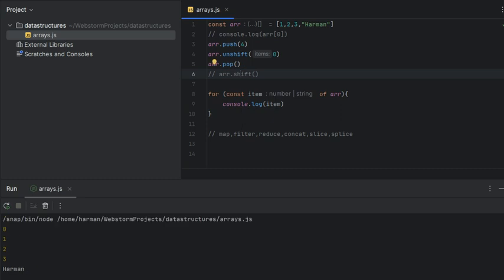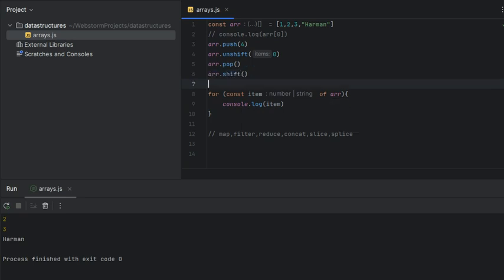So the pop method is going to do away with the push value element that we've just put in the array. And when you use the shift method as well, it is supposed to remove the element that we just put in the array. Yes, with that said, I hope we have been able to understand how